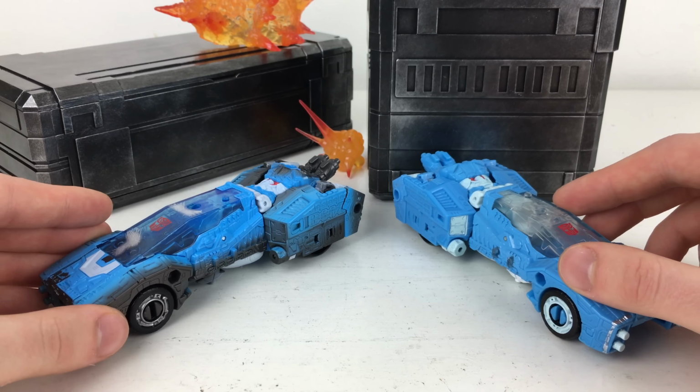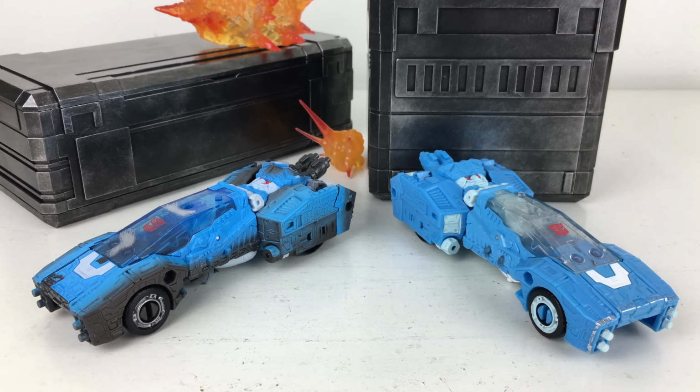super cool looking figure. So that just about wraps up this review for the Transformers Netflix War for Cybertron Siege